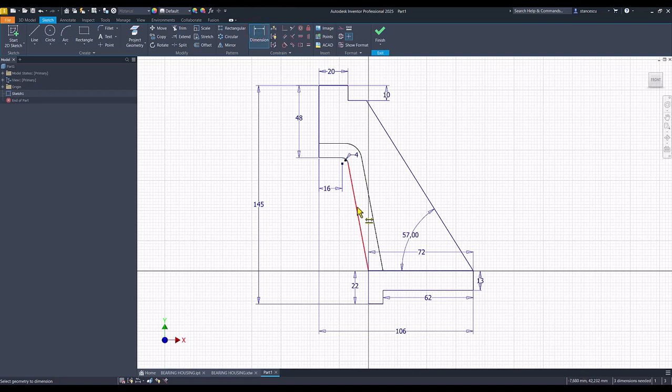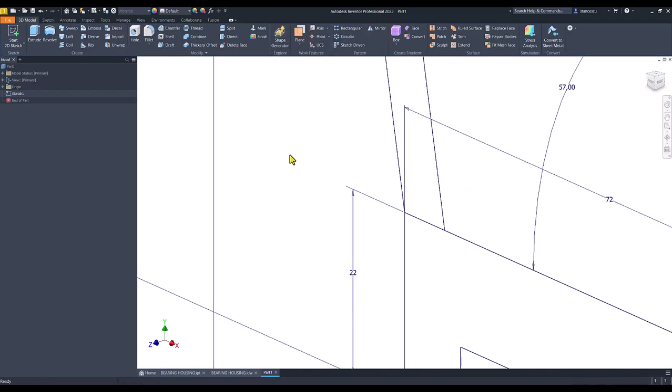Then the dimension is 7. These two are coincident, these two centers. And now we have a fully constrained sketch. Please remember 1, 2, 3 close contours. Finish sketch,